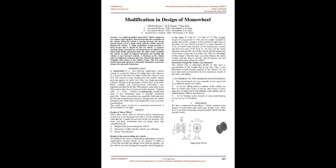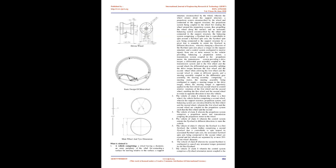torque on the support structure, and a control system configured to receive signals from one or more sensors in the vehicle providing balancing, a propulsion motor, a transmission system coupled to the propulsion motor, the transmission system providing a drive torque, a differential gear assembly coupled to the transmission system and to the first wheel and the second wheel, the differential gear assembly splitting the drive torque between the first wheel and the second wheel while allowing the first wheel